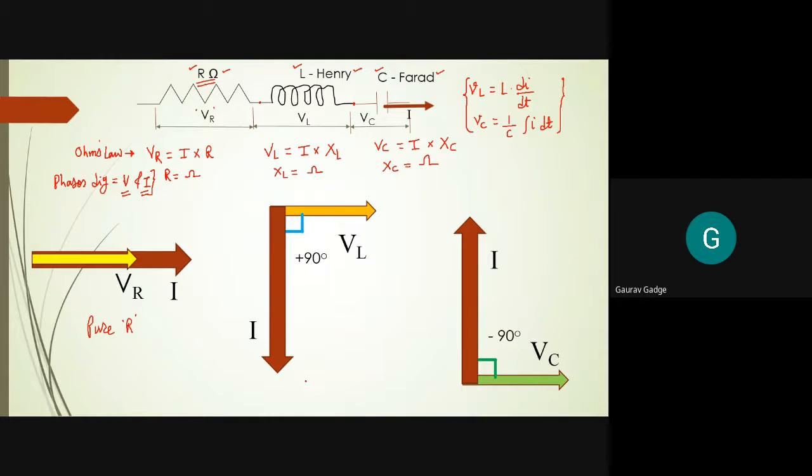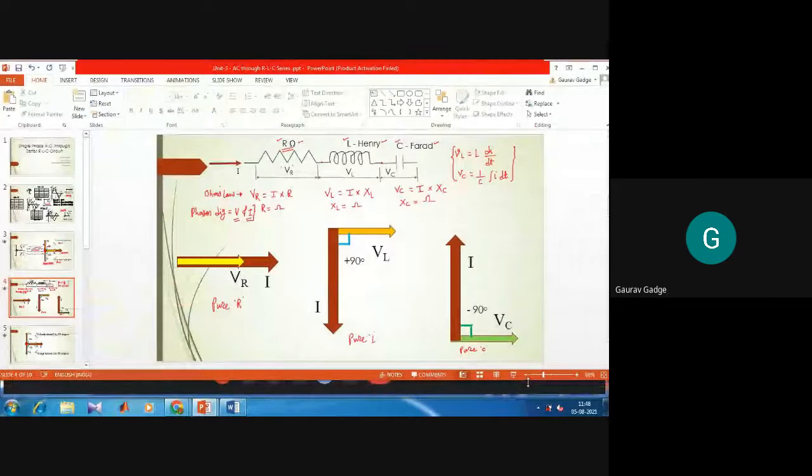Now, in a similar way, we have to draw for the pure inductor and pure capacitor, meaning the effect of resistance, inductor and capacitor. So I will take the help of this. This is our general way of making the phasor diagram, where current I lags voltage by an angle of 90 degrees. This must be minus. For pure capacitance, current leads voltage by an angle of 90 degrees.